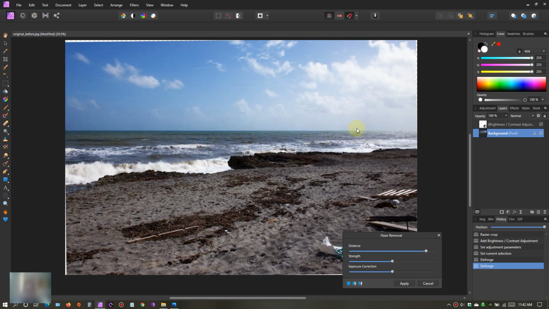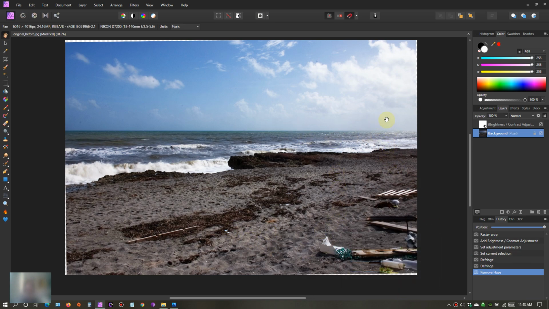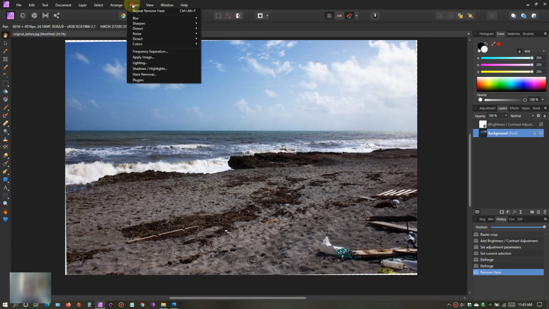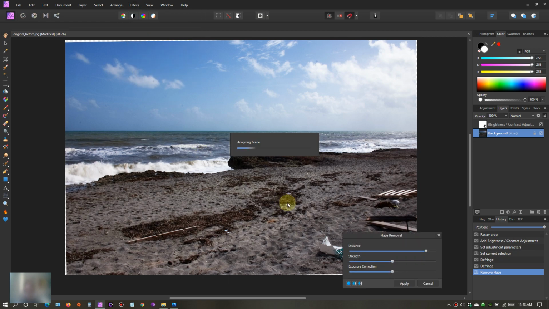Now you can repeat this process again without playing around with your strengths here. You're using your sliders. You can do this, apply, and if you feel you want to get a little bit more haze out of here, you repeat the process again. Filters, haze removal, and there you go. Got rid of more haze, but that's just showing you these little dust bunnies here in